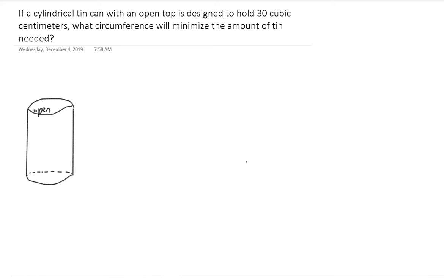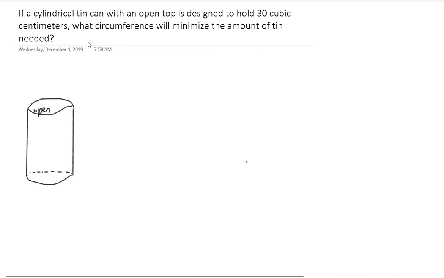Optimization problems can often be tricky because you have to use multiple equations for a shape: surface area, volume, area, perimeter, whatever. And so that often confuses people: which one do I take the derivative of, which one do I solve for? It can be a little bit messy, so let's just jump right in and see if I can